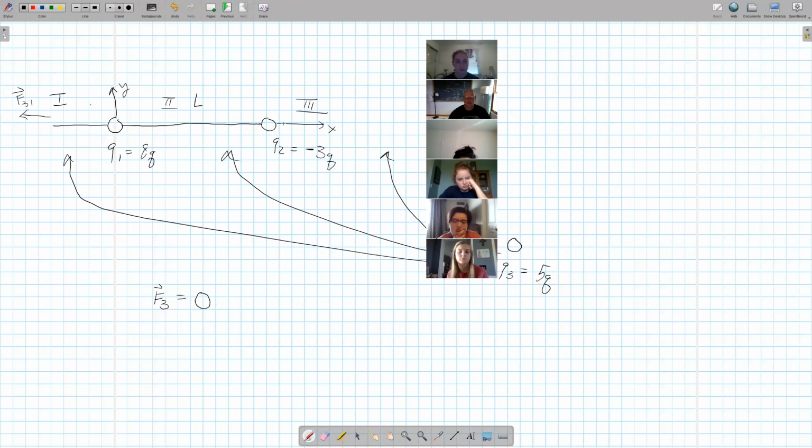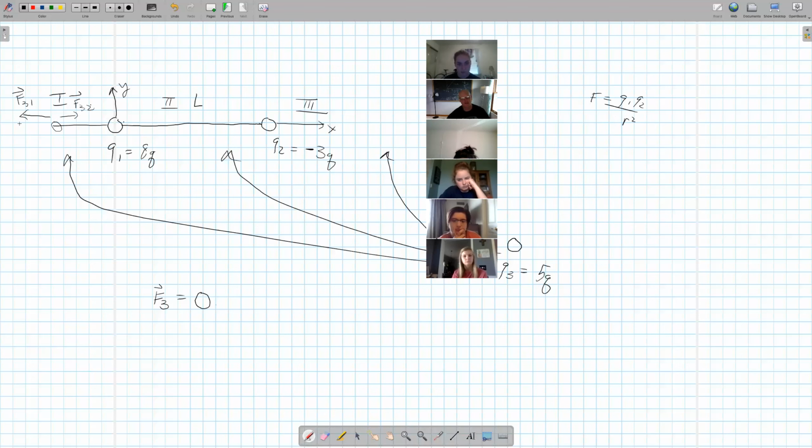But simultaneously, this one is a negative charge, which means it's also going to feel a force in this direction of F32, which is an attractive force. But what's different? So here, I have an 8 times a 5, which is bigger than a 5 times a 3. So the numerator is bigger. But what's also true? If I put this guy here, this distance is also going to be smaller than this distance, right? And if we think about Coulomb's law, again, Coulomb's law is equal to, say, Q1 Q2 over R squared. What's happening is, if I put it here, I have a bigger numerator and a smaller denominator,